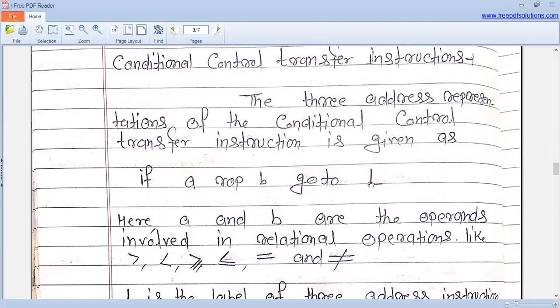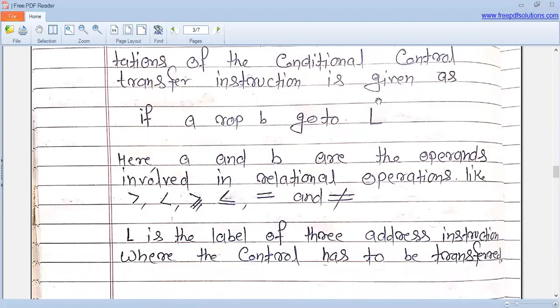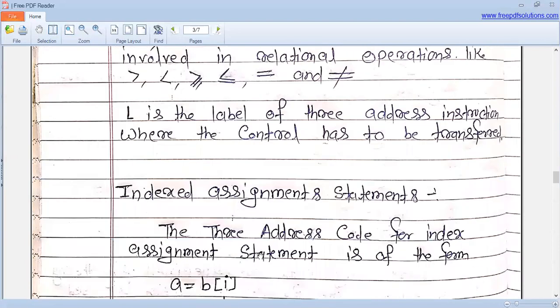If this condition is satisfied, then our control transfers to the label capital L. Here A and B are the operands, and it involves the relational operators, which may be greater than, less than, greater than or equal to, less than or equal to, and not equal to. And L represents the label of the 3 address instruction where the control has to be transferred.